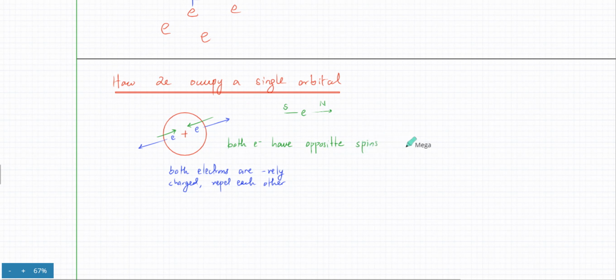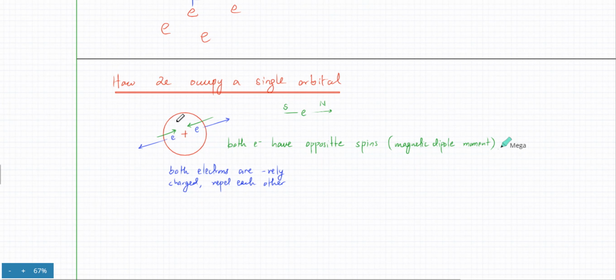This is another word that's used for the magnetic field. Spin is a magnetic dipole. A dipole simply means north pole and south pole. And the correct word is magnetic dipole moment. So in simple words,